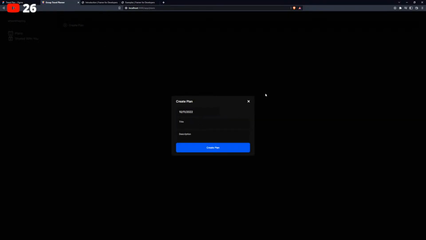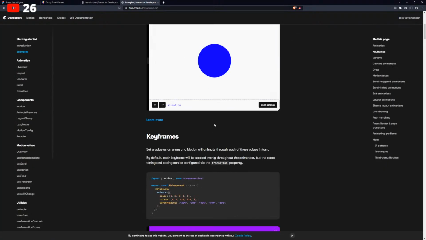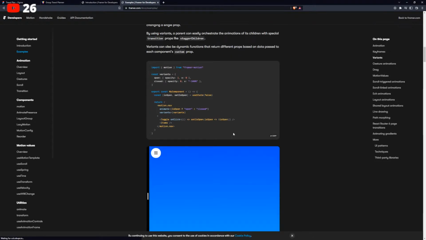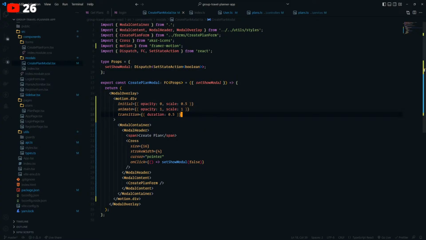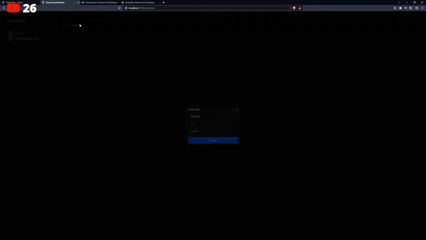Pretty cool. Pretty cool. Now my only concern is how would I animate it when it goes back though? Like when I close it. Because if you open it like this, it would be better to have it close nicely instead of just going like that, you know?